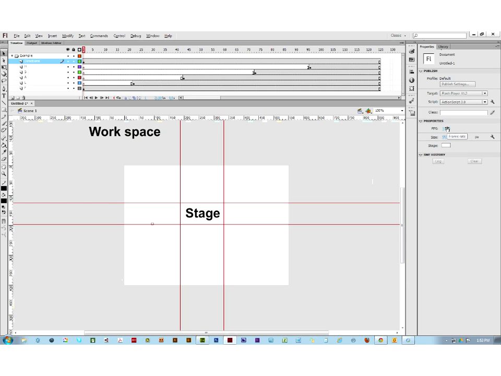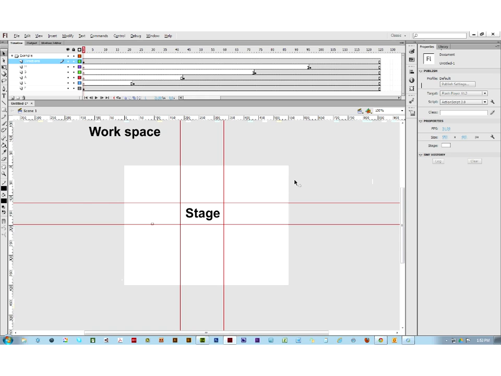So if I make the frame rate higher, it's going to be smoother, but then again, I'm going to need more frames to cover the same amount of time, right? So the higher the frame rate, the smoother it is. The lower the frame rate, the choppier it is, but the fewer frames I need to create the same animation. Okay? And the properties panel also, you will know that the properties that show up here, when we have the